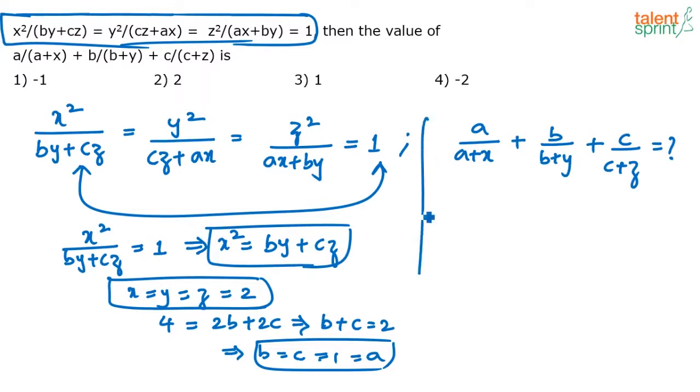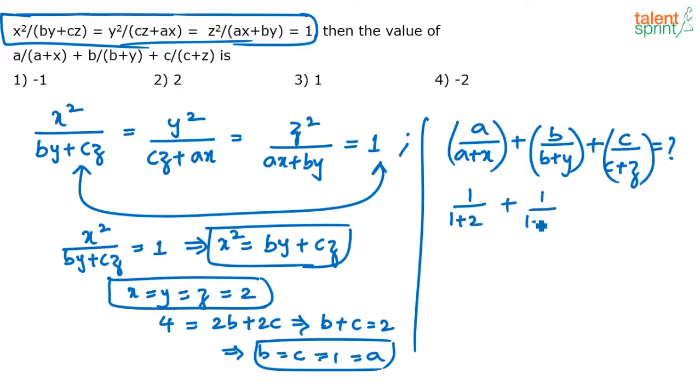Now substitute. So we know a, b, c are 1 and we know x, y, z are 2. So 1 by 1 plus 2. Again, this expression is also symmetric, right? So if this is 1 by 1 plus 2, the others also will be 1 by 1 plus 2. So 1 by 3 plus 1 by 3 plus 1 by 3